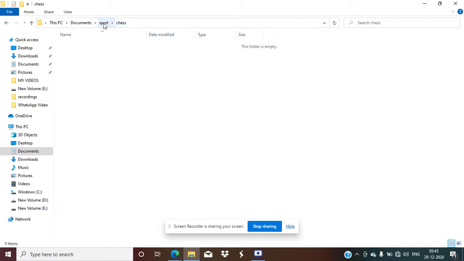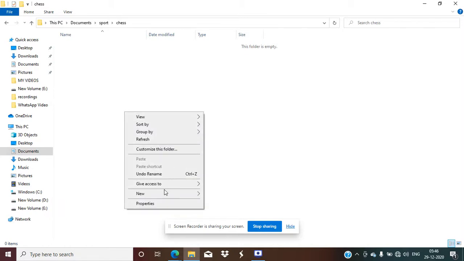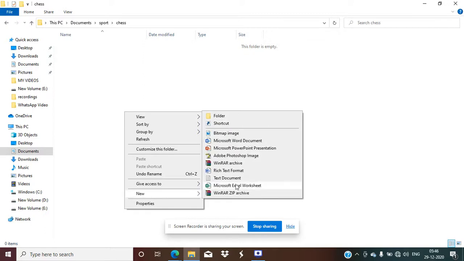The chess folder is in the sport folder, the sport folder is in the document folder, and this is the basic folder of this PC. Okay, now in the chess folder I am going to make a Word file, for which I am again going to right click. Here I can find the new option, and now you can see a big list of different applications here.